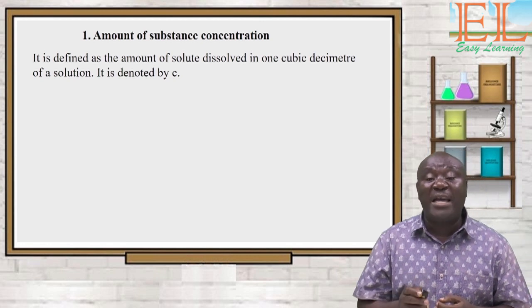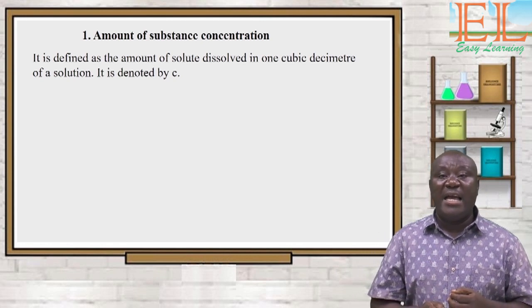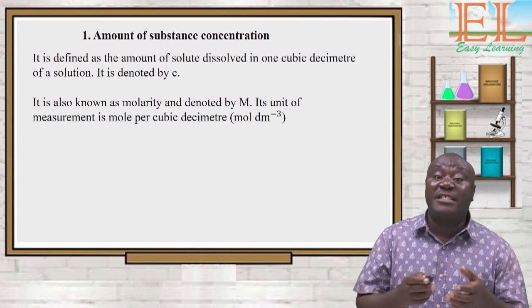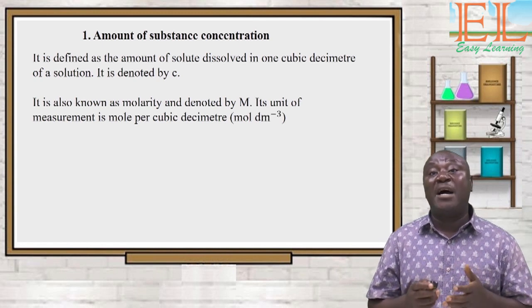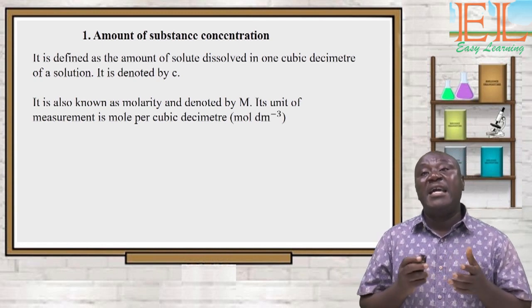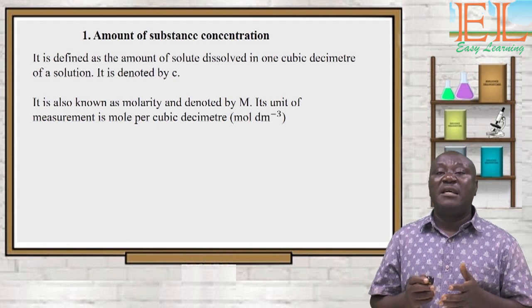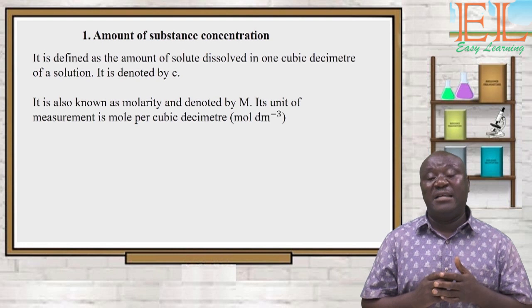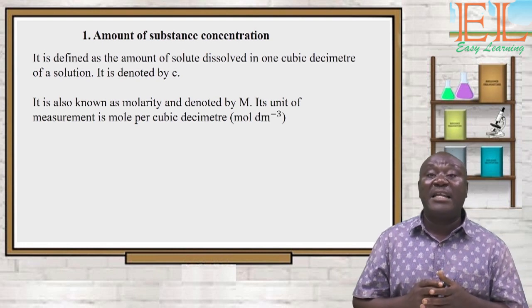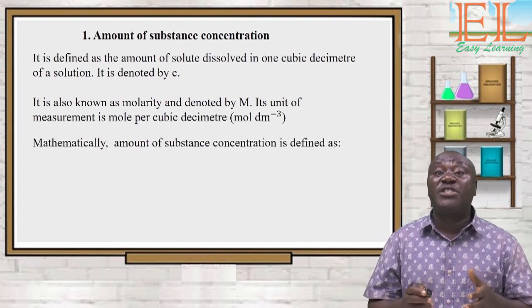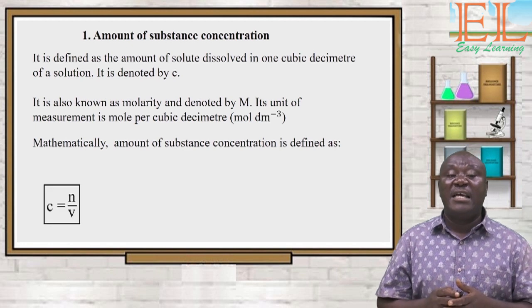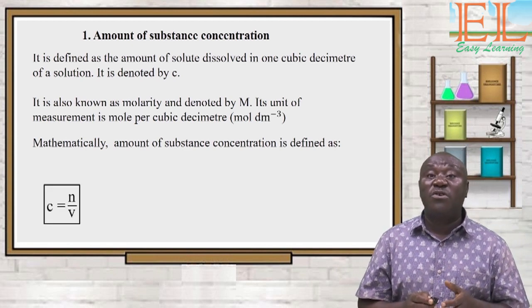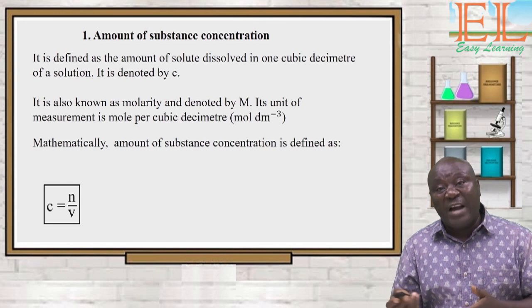It is denoted by C. It is also known as molarity and denoted by uppercase M. Its unit is mole per cubic decimeter. And mathematically, amount of substance concentration is defined as C is equal to n divided by V,